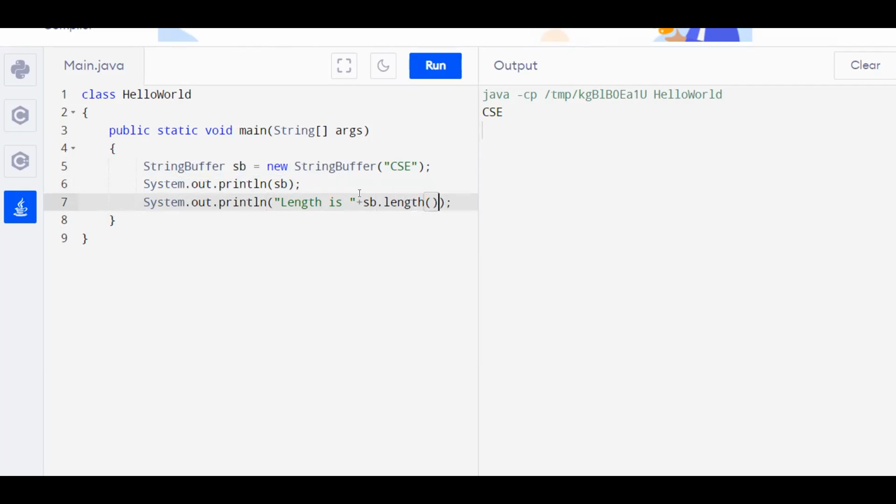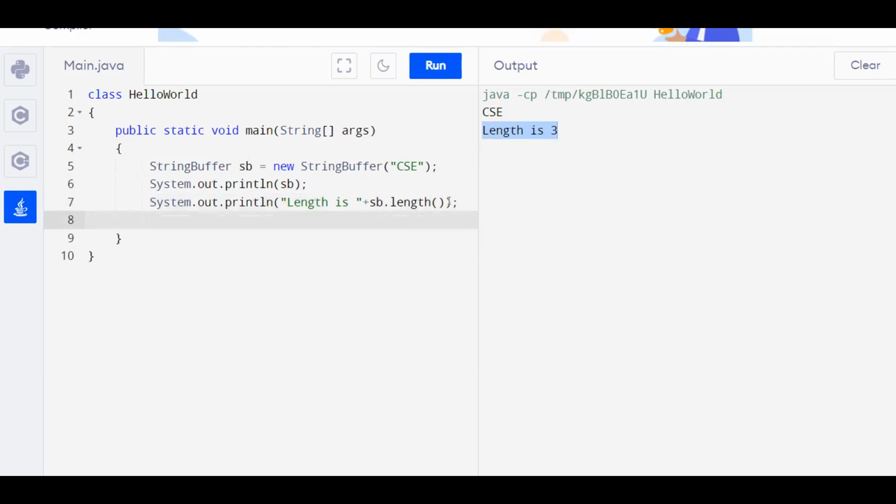We can store the length in an integer and then print it, or we can directly include it in a print statement like this. As you can see, we got the output: length is 3.